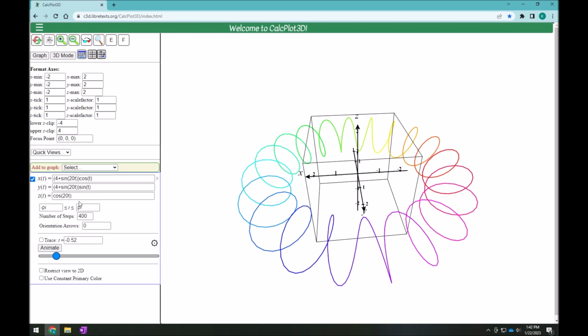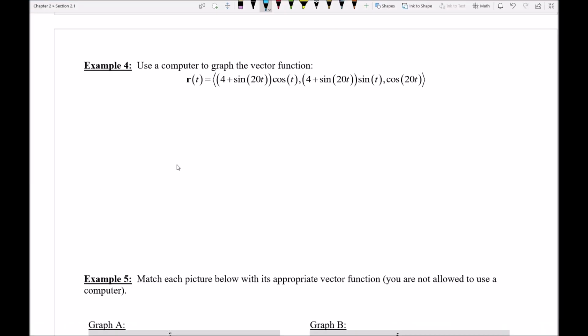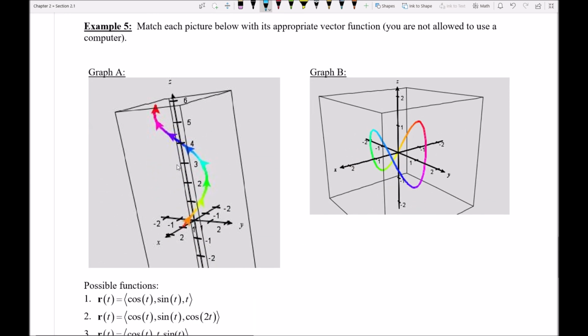This is a very complicated equation that creates this graph. Again, a lot of this sort of behavior was somewhat predicted by just some of the stuff that we actually saw within the formulas themselves. All right, let's take a look here, though, at something like example 5,